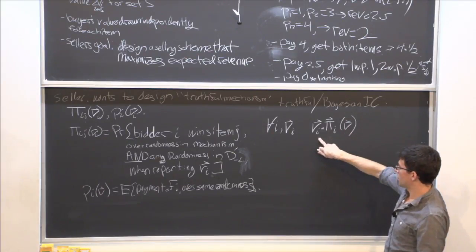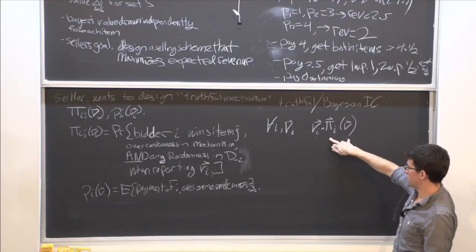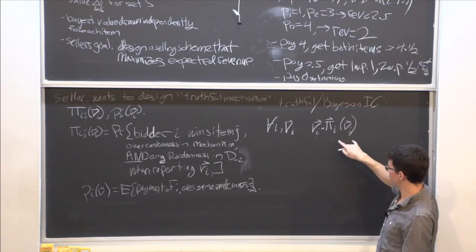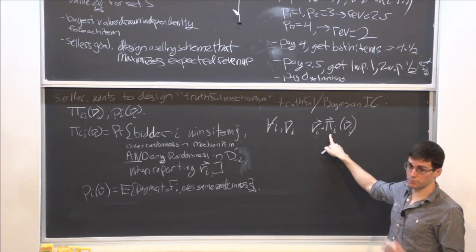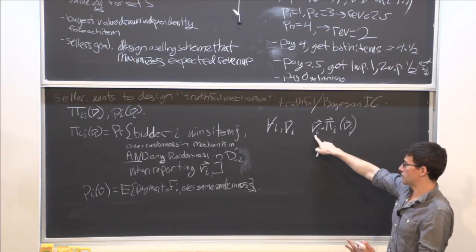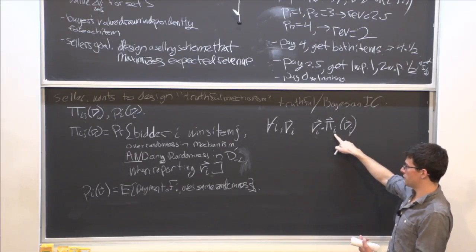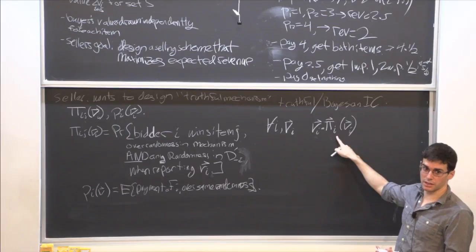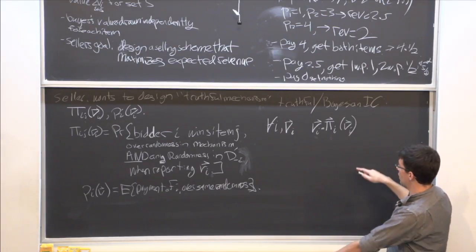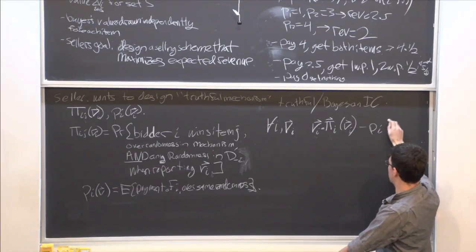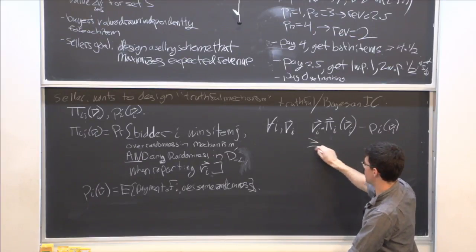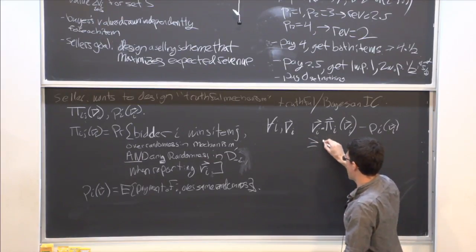This is just saying what is your value if you report vi to the mechanism. This is the probability vector of items that you're going to get. This is just you evaluating your value times the probability that you get an item. Okay, so this is your expected value for participating, and this is the expected price you pay, and you want this to be at least as large as